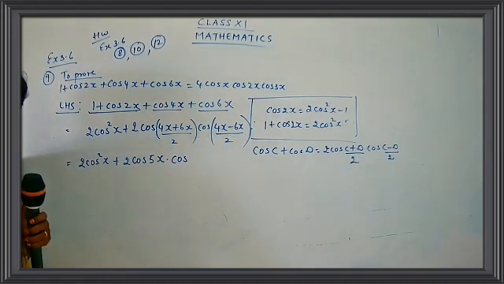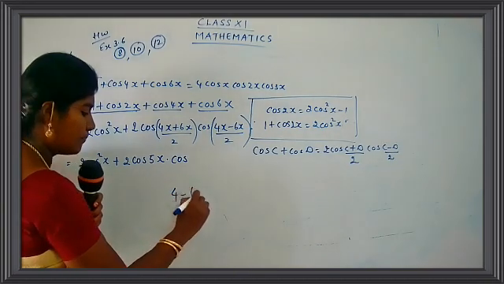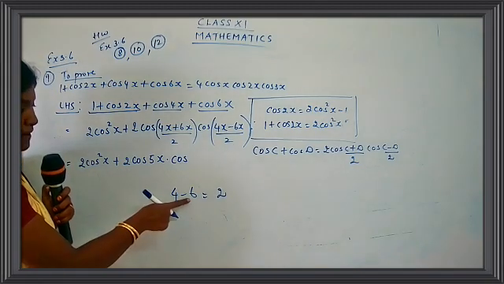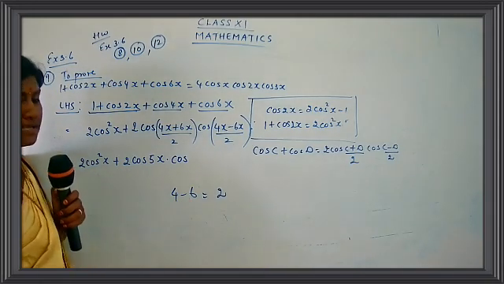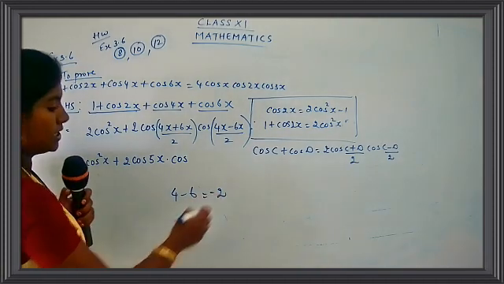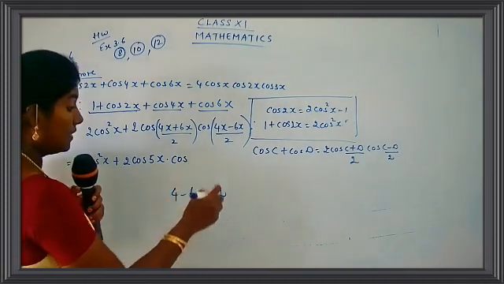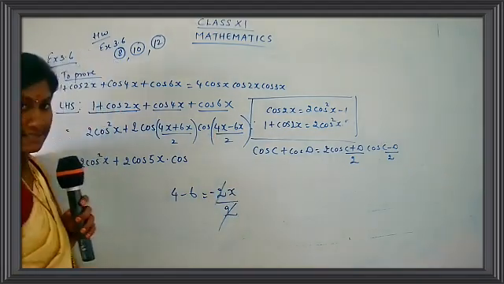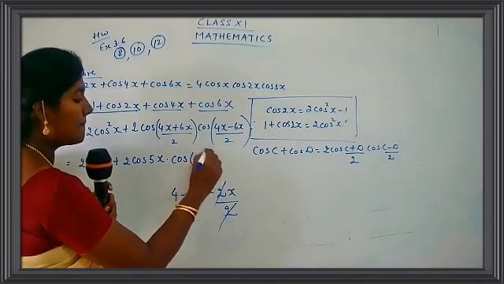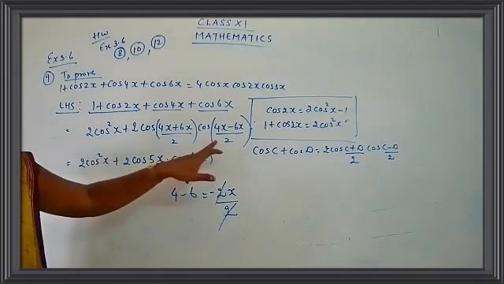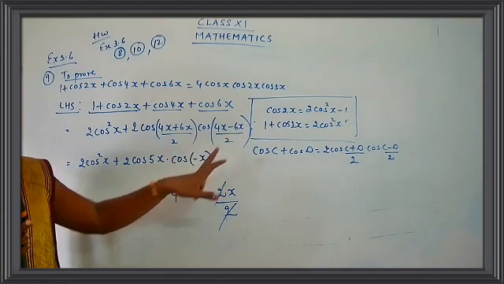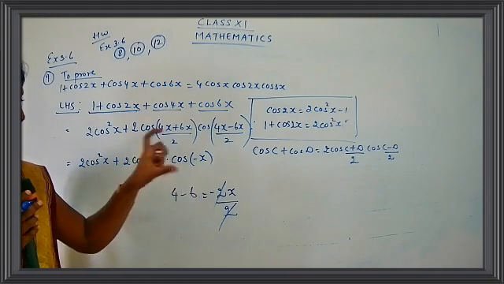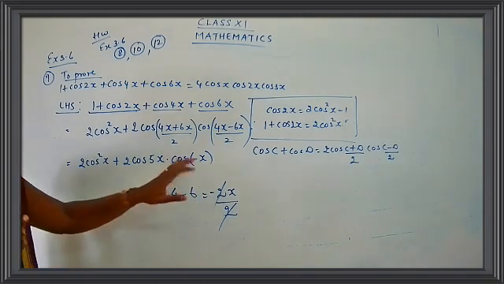Okay. Now cos of 4x minus 6x. 4 minus 6, children. What is 4 minus 6? The answer is 2, but which is a bigger number here? 6 is a bigger number. What is the sign for 6? It is minus. So what is the answer here? Minus 2. So it's minus 2x upon 2. So 2 and 2 get cancelled. So what is left here? Minus x is left. Are you clear with the step, children? 4 minus 6, I get minus 2x. So minus 2x upon 2, 2 gets cancelled, and only x is left over here.